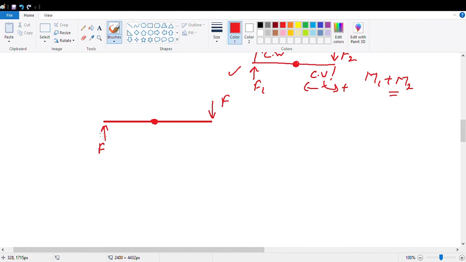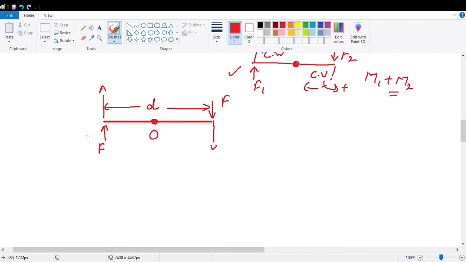So here I have taken two parallel and opposite forces. One line of action is this here and other line of action is this, and they are not acting along the same line and working in the opposite direction. So it forms a couple. Suppose this pivoted point is O and the length of this rod is D.